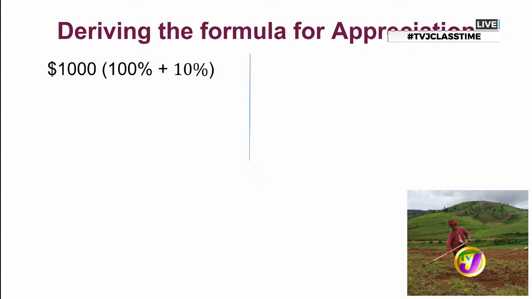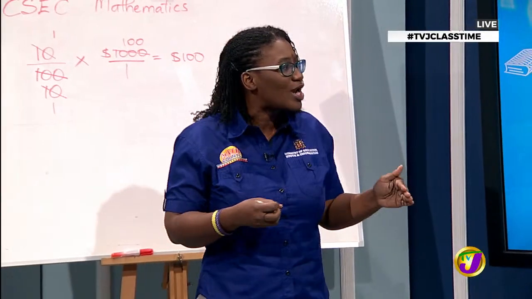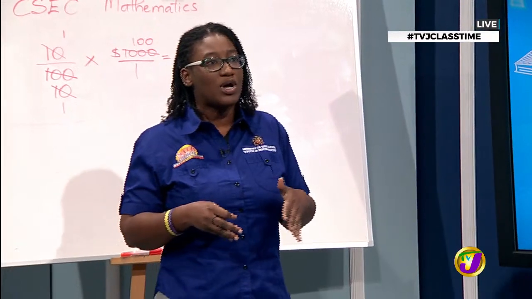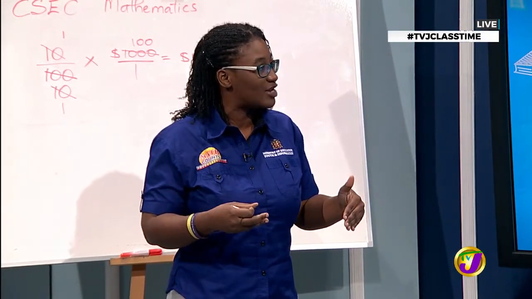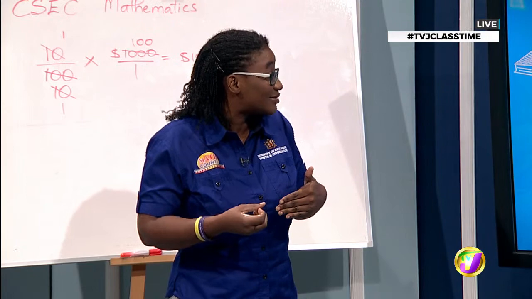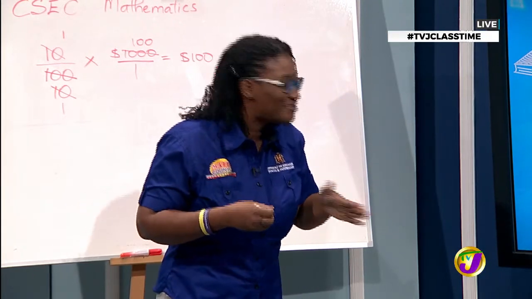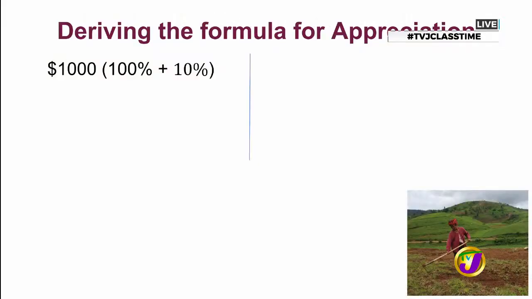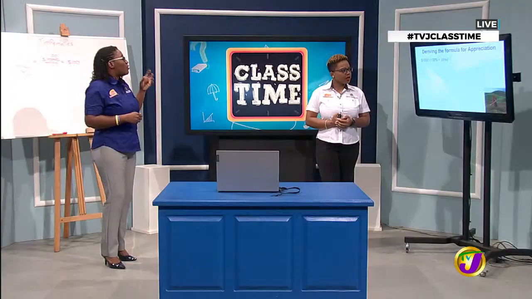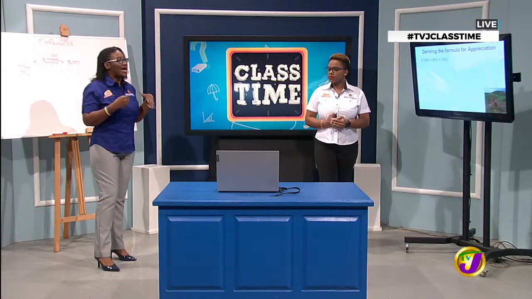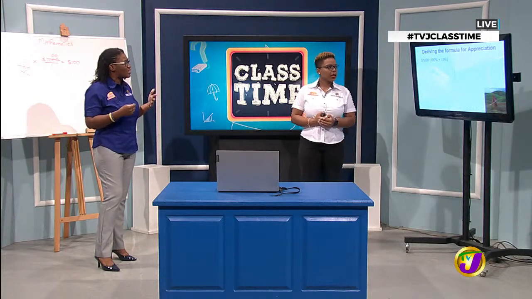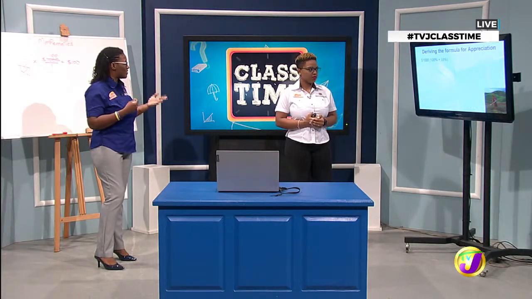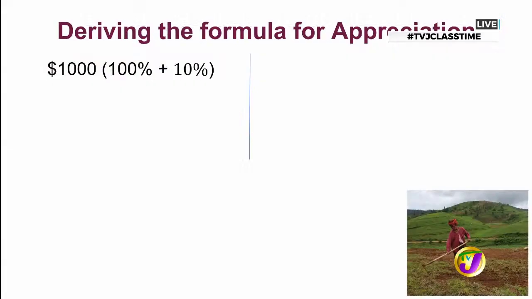So I'm thinking now, based on what we calculated earlier, that this land is now, at the end of year 1, going to value 110% of what it valued at the beginning. And technically, each year, it did value 110% of what it valued at the start of that year. But I want to take it a little bit further, because that 100%, we can always write as a fraction and ultimately as a decimal.